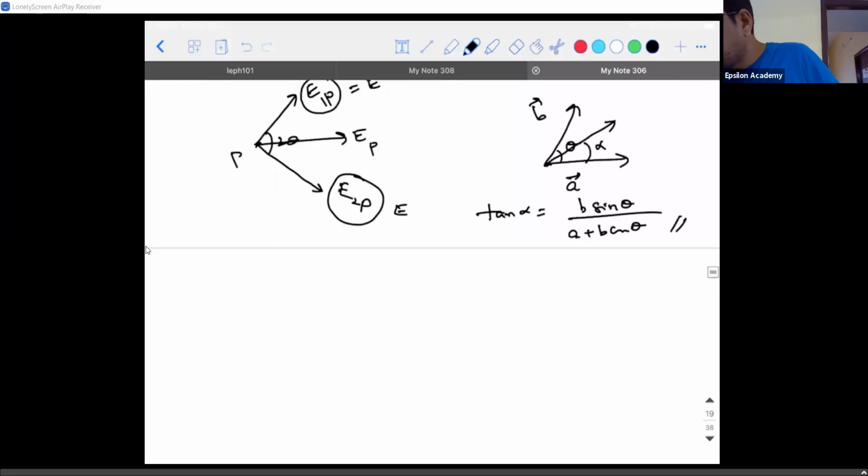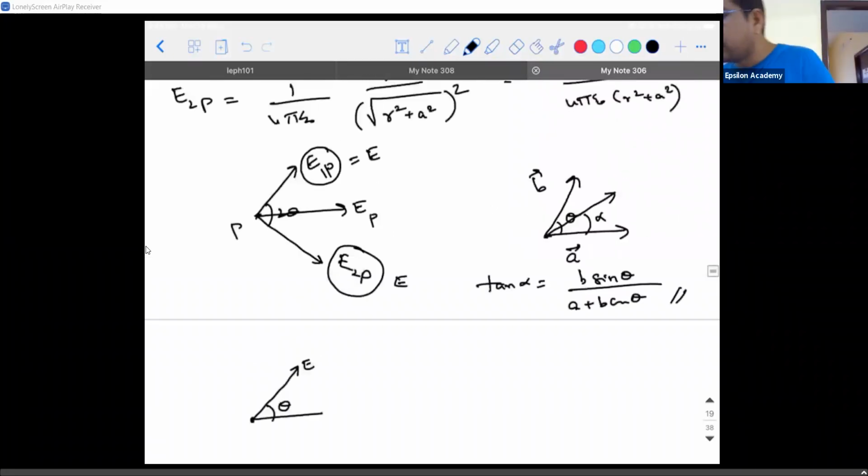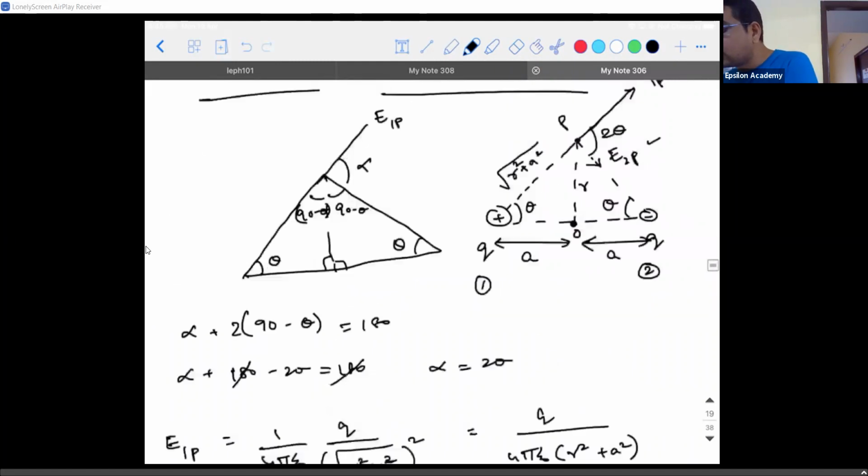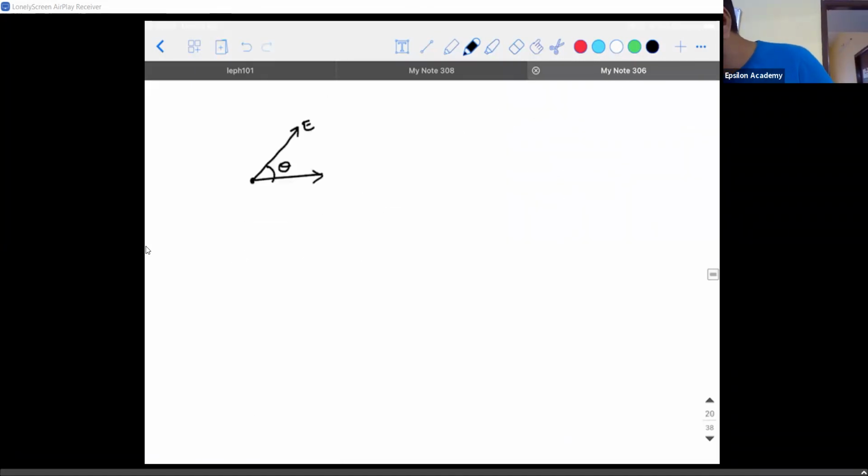So if I take this electric field and if I take this angle to be theta, remember guys, E1P is exactly along the horizontal. Reason, if I take this as theta, the base angle is also theta, remember. So if I draw a line like this, this vector and the axis of the dipole are supposed to be parallel to each other, then only this theta and this theta can become corresponding angles. It will act like a transversal, correct? So this is theta means you can resolve it into two components.